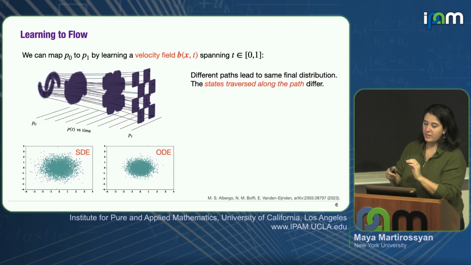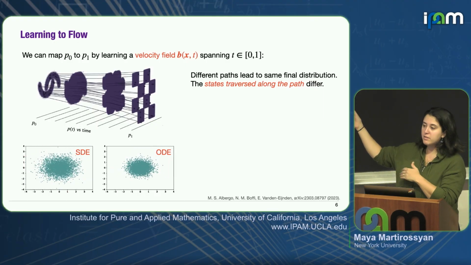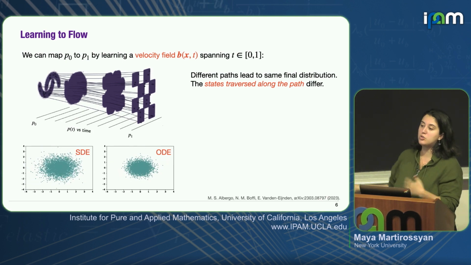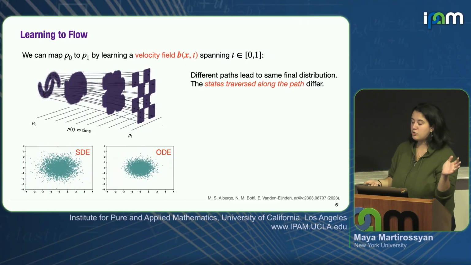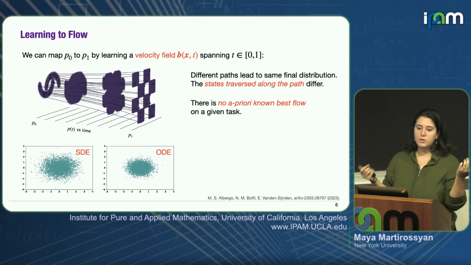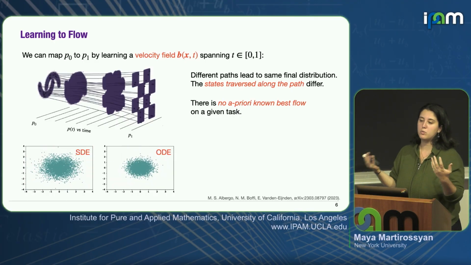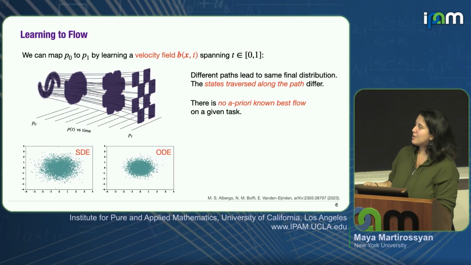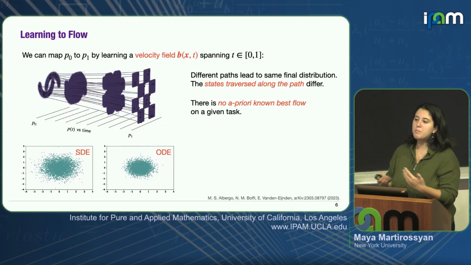So just a few points on this before I introduce the method that we leverage. Different paths can lead to the same final distribution from the same initial distribution. It's just the states that we traverse along these paths that differ. There's no a priori best path that we know before we actually apply it to the system that we're interested in. One thing that's challenging is that mathematically, from a theory perspective, it should make absolutely